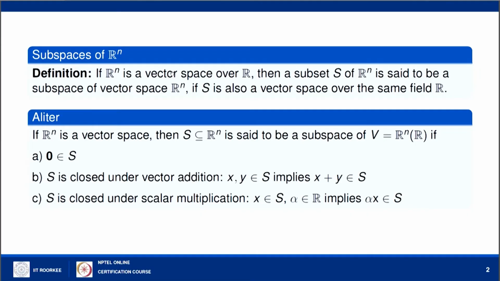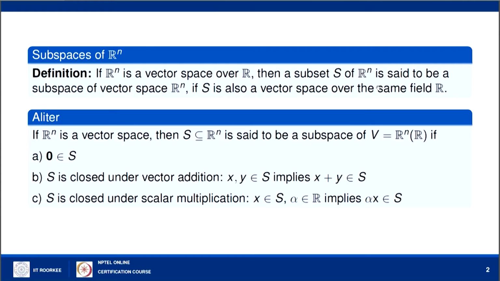So, if Rn is a vector space over R, so here we are saying vector space Rn, but in general it can be any vector space V. Then a subset S of Rn is said to be a subspace of the vector space Rn if S is also a vector space over the same field R. Means the set of vectors of S also satisfy all those 6 properties